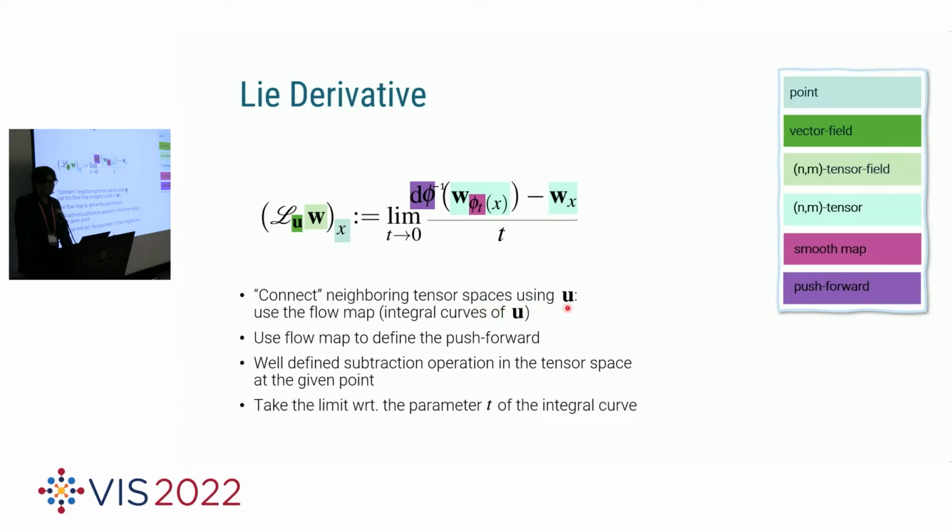It just uses the vector field U. And then I can only evaluate the directional derivative in the direction of U. So that's kind of a limitation, but that's what the Lie derivative does. It gives you the directional derivative in the direction of U. So we kind of use the flow map, if you want to call it that. We make integral curves of U, and these are the curves